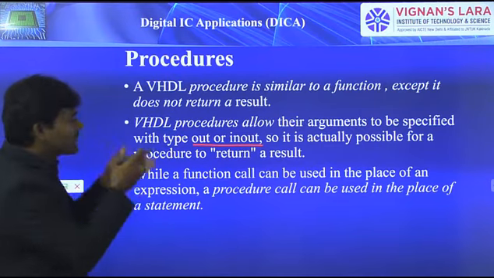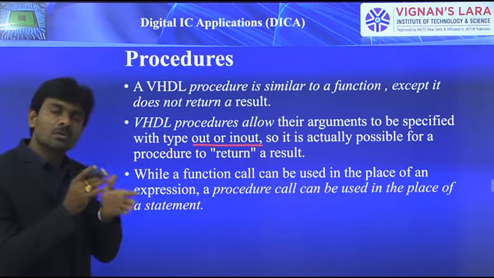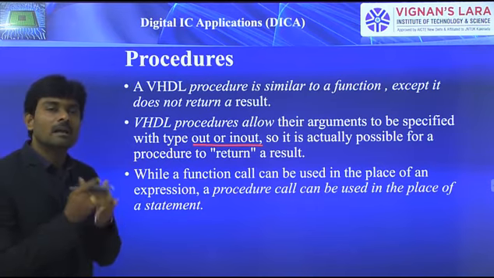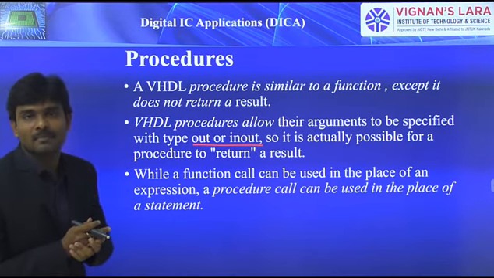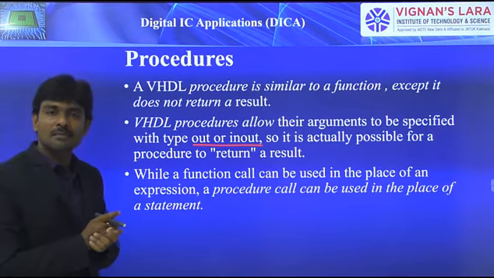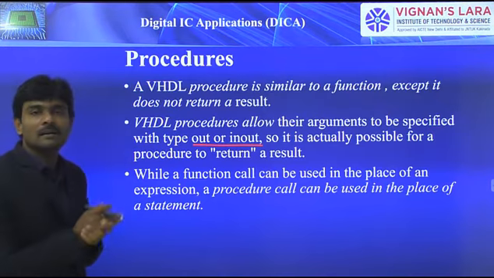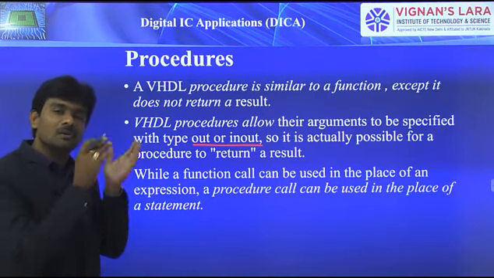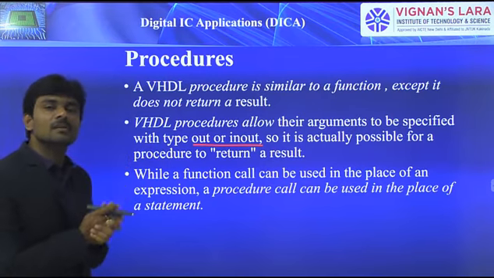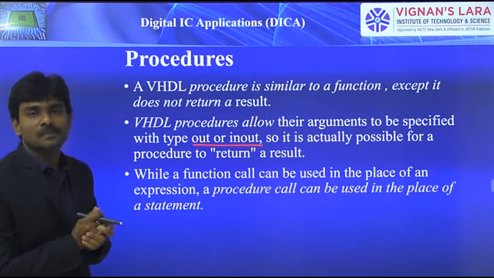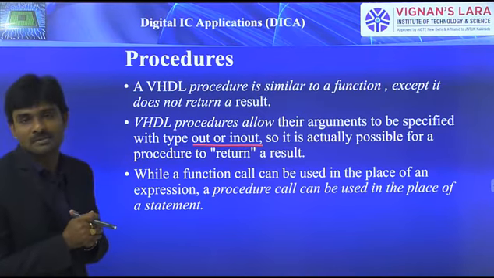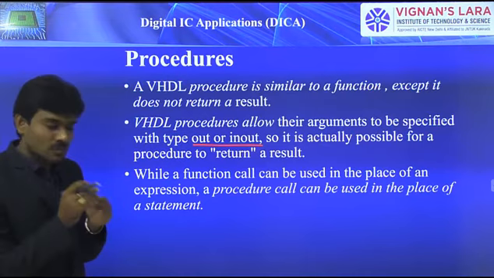So we can assign this particular type to those arguments which are present in the procedure. Because we assign this type, you can read those argument values anywhere wherever necessary. So that is how the values which are present in a procedure, by means of mentioning the argument type as out and in out, we can read those values from those arguments. So like that it is going to return the value. So that is the main difference if you compare functions and procedures. Okay, so that is the first point.